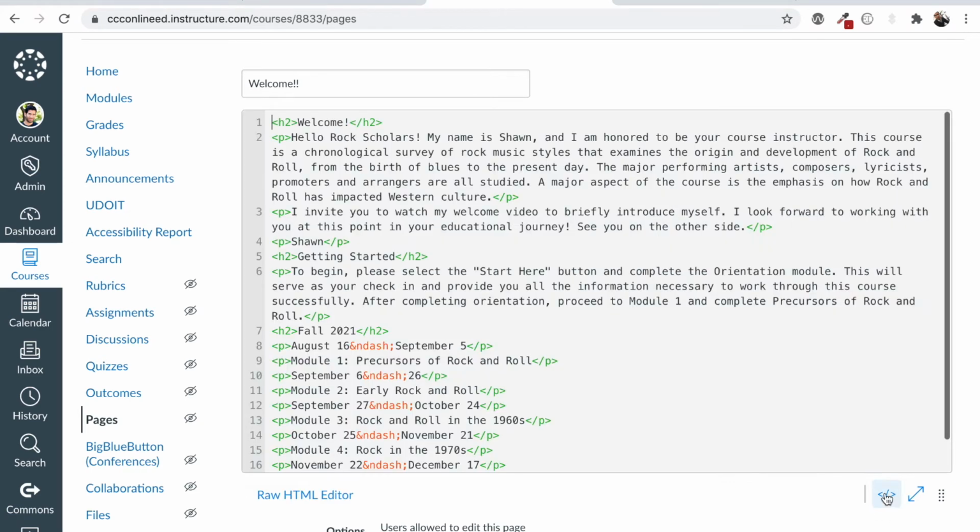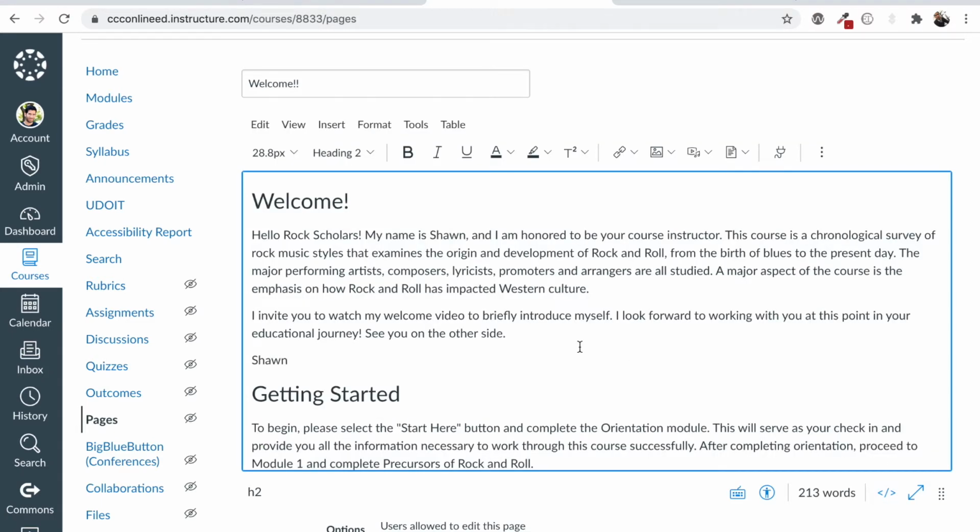Let me show you in the HTML also that when you assign it heading 2, you'll see that H2 tag. And the same here, right? So we are doing HTML by just using the tools that we have. So we're not really needing to toggle into the HTML. All right, let's keep moving forward.